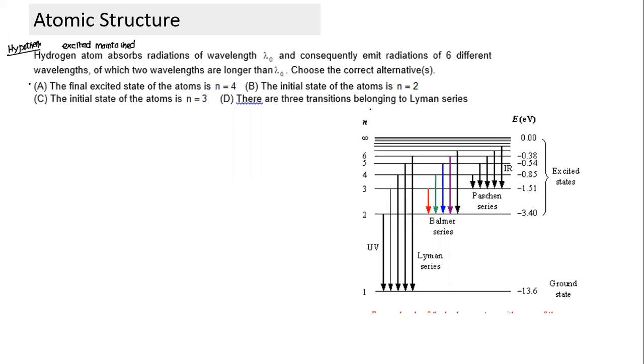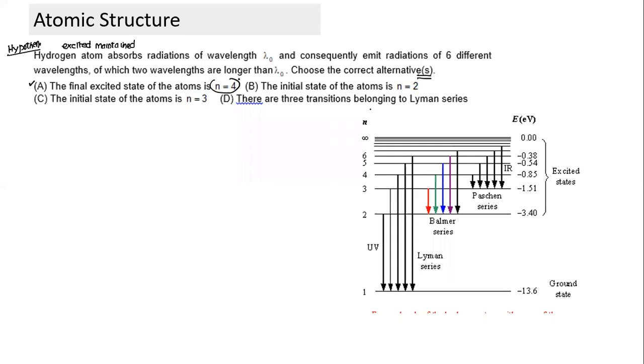But there can be more than one correct option. This is not a single correct option question. It says choose the correct alternatives, which means if you get the first option, don't stop there. You check whether other options are also correct. Understood what I'm saying? Because this is a multi-correct question, can you find other answers as well? But this one is easy to identify.